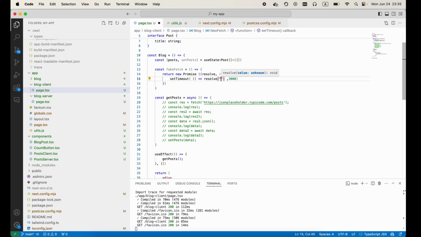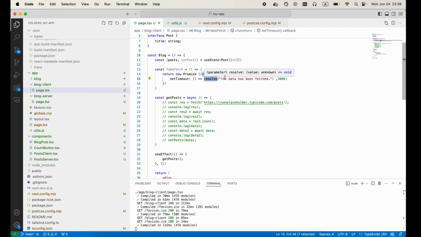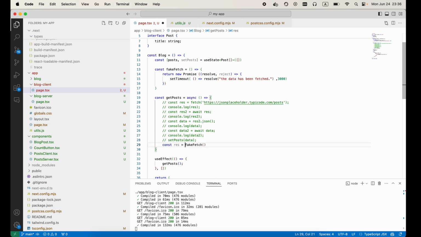And print a message for us: the data has been fetched. Resolve means that there is no error and everything's fine with the request, and you should return resolve when everything's fine, when you're creating a promise function. And reject means that there is some error with your promise. So here I want to return just resolve after 3 seconds. I'm going to use this fake fetch first, and then we can call it response here,